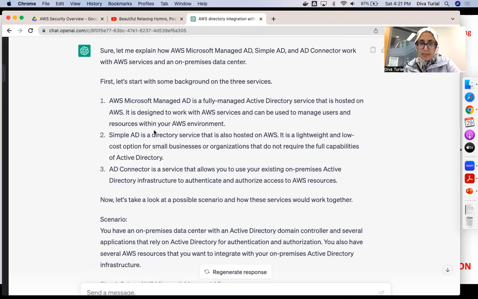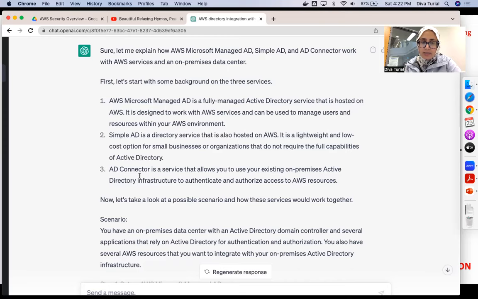And then Simple AD is also a directory service, but it's a lightweight and low-cost option for small businesses or organizations that do not require the full capabilities of Active Directory. And then AD Connector is a proxy service that allows you to use your existing on-prem Active Directory infrastructure to authenticate and authorize access to directory services.